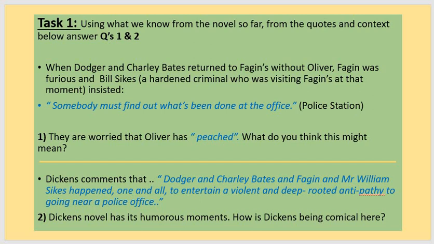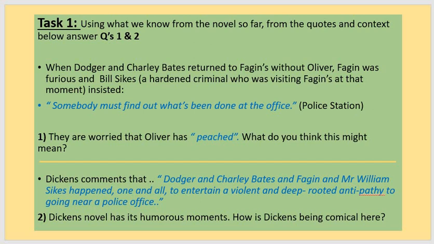So in the context of him not coming back with Charlie and Dodger, and Fagin and Bill Sikes wanting to know what's gone on at the office or the police station, why do we think they're worried that Oliver has peached? So in a full sentence, what do you think the word peached means? Okay, and then your second question is